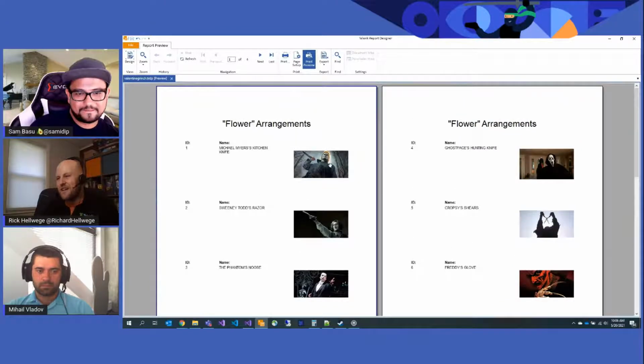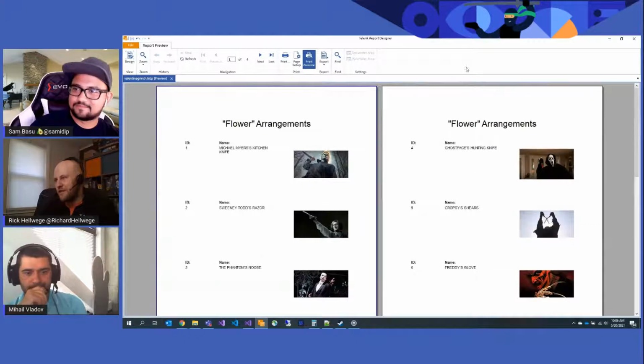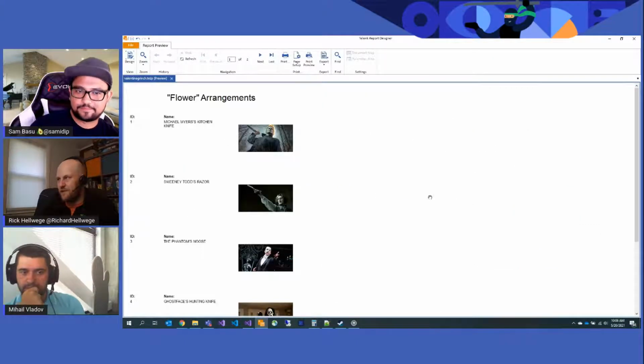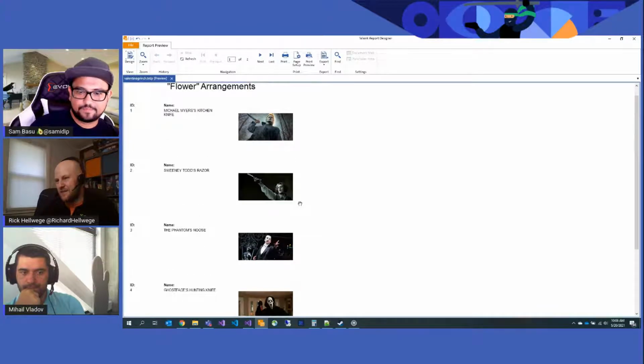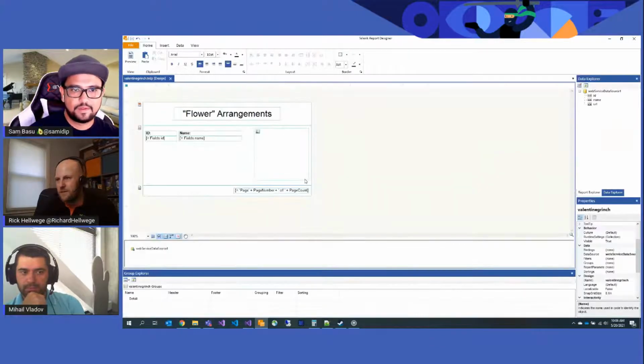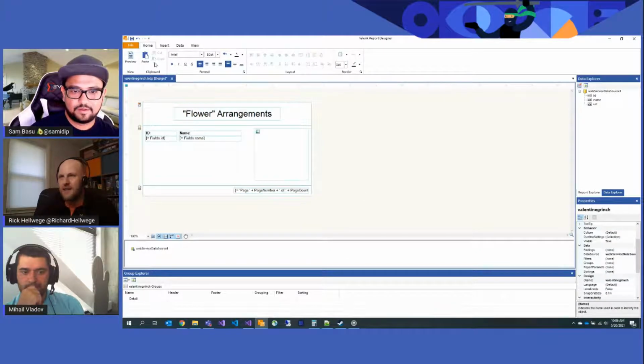So yeah, it gives you an idea what it will look like when it comes out of the printer here. But if it's only going to be consumed on the web, you can use the interactive view here, which basically acts like one long page, a page of infinite height, more or less. So we can go back and I'm just going to fix that real quick.